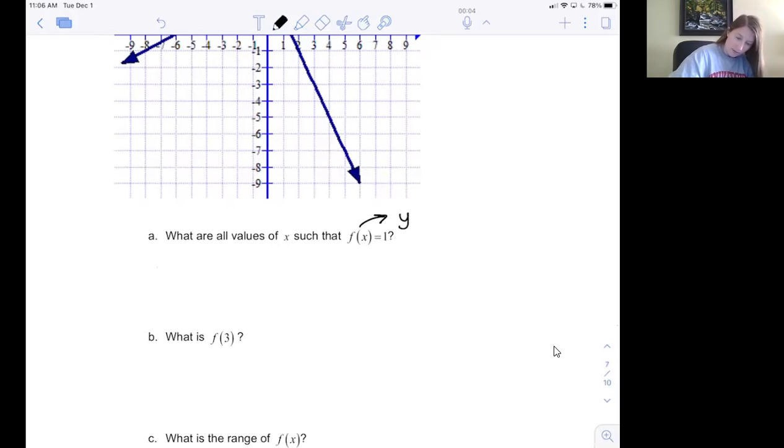So we're going to look at our graph and say, when y is 1, looks like I have 2 values. I'm going to do it in pink. Looks like I've got this value right here and this value right here. So when y is 1,